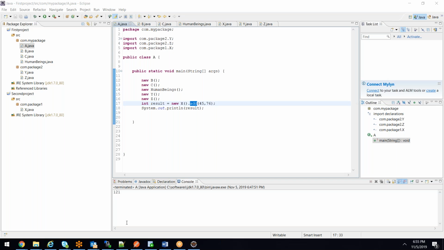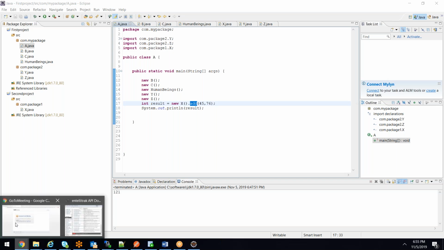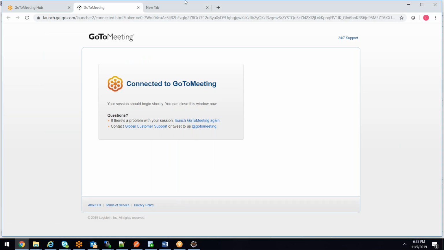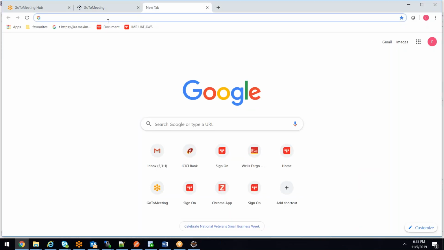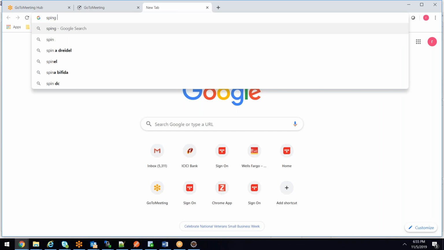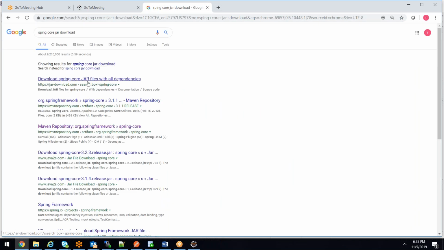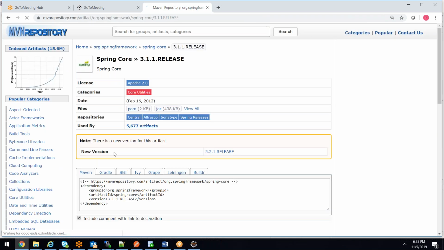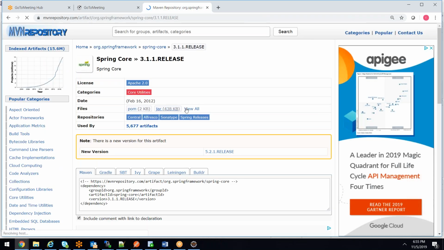So if you go and look on the internet, if you want to develop a Spring application, just go and click on this jar.